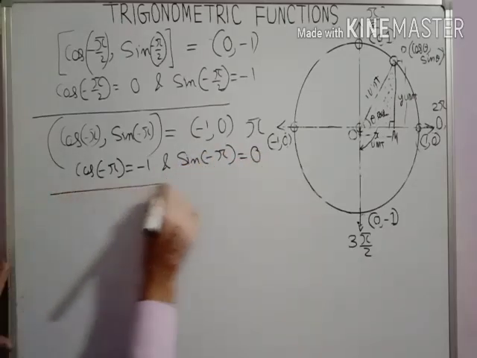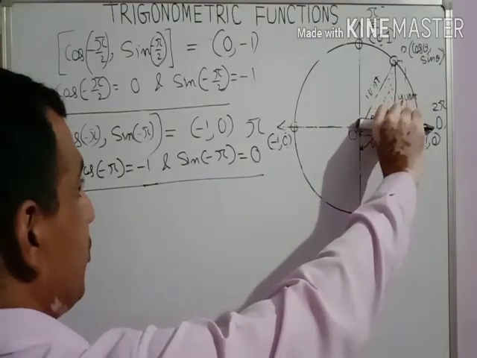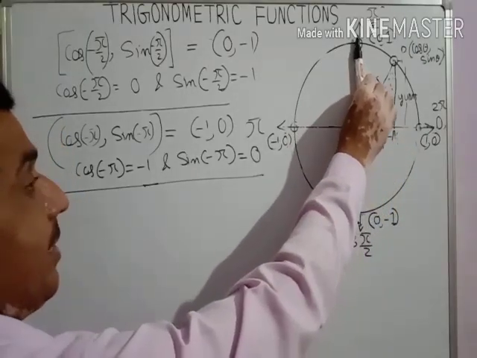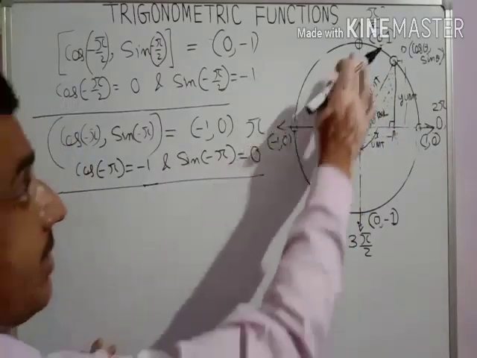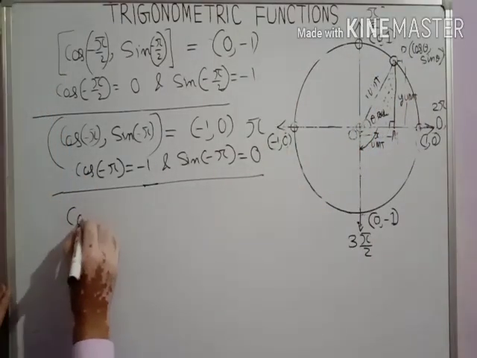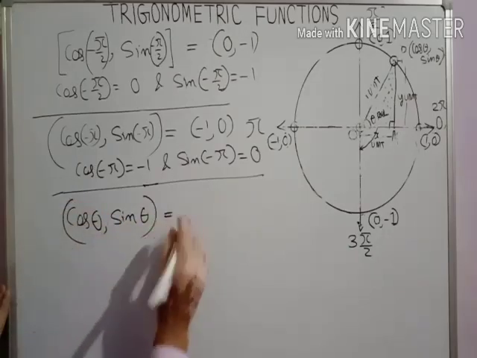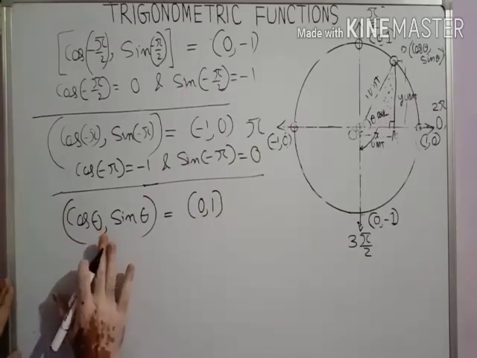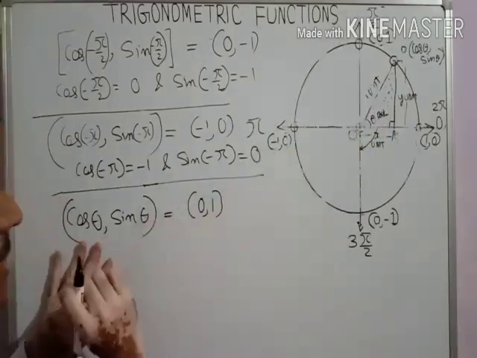It means it is very clear that cos minus pi equals minus 1 and sin minus pi equals 0. Now you visualize this line, it was there, it is moving in the clockwise direction, it is 90, 180 and 270. It is a clockwise direction, so it is a minus 270 degree angle, and in this case this point P coincided with this point. I mean cos theta, sin theta equals this is 0, 1. We can say at which theta both the points coincide. You said, sir, at theta minus 270.